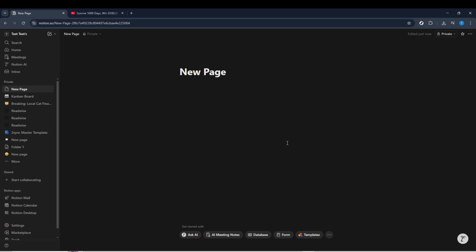efficiently. To get started, open Notion and navigate to the workspace where you want the video to appear. Then, open the specific page where you'd like to embed your video. This could be a project tracker, a learning dashboard, or any other page you're currently using. Placement is important because it affects how your content flows visually, so click on the spot where you want the